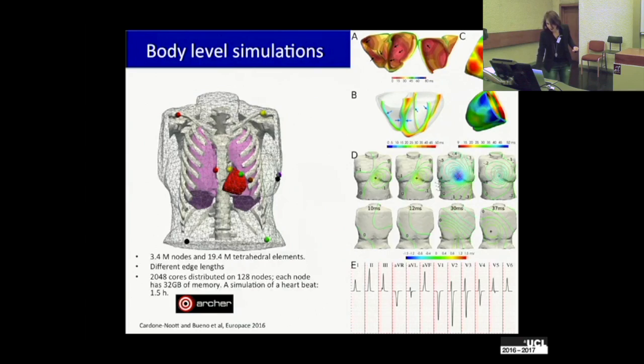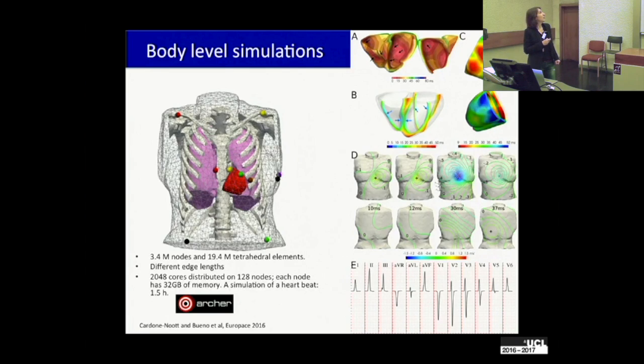Okay, this is another example. This is a body level simulation. In this one, we were not interested in the mechanisms. It was for diagnostics, and what we wanted was to simulate the ECG. The ECG is the electrical activity of the heart that is measured by some electrodes over the body surface. In order to do this, we were using a torso mesh